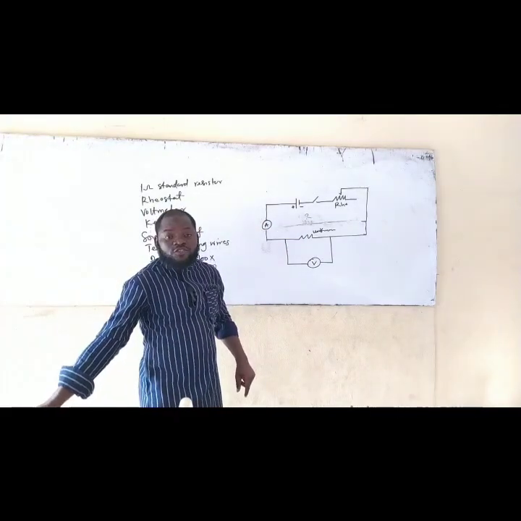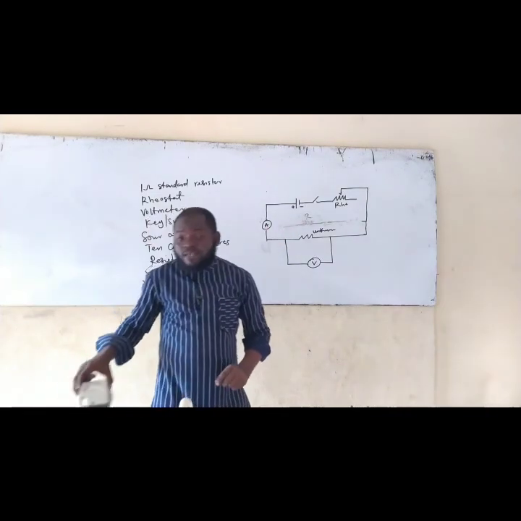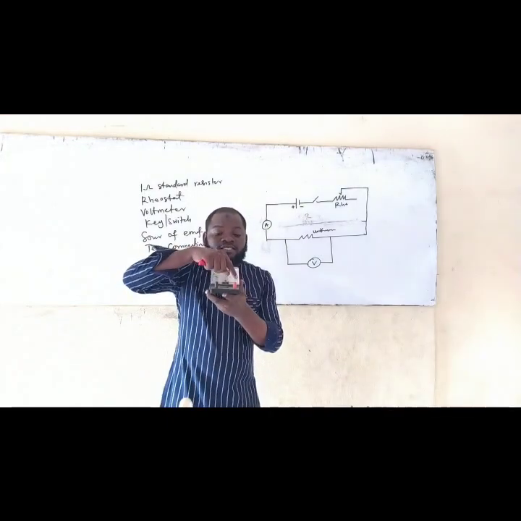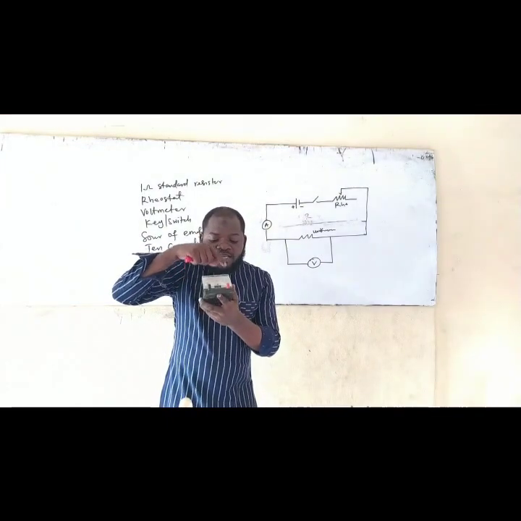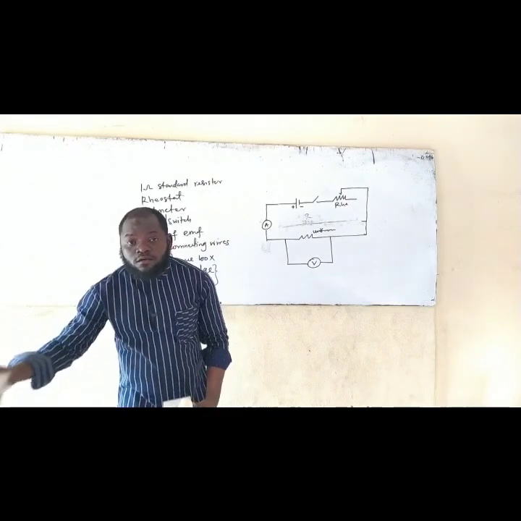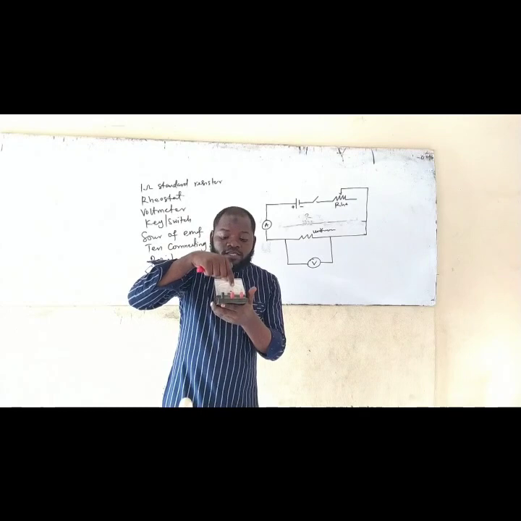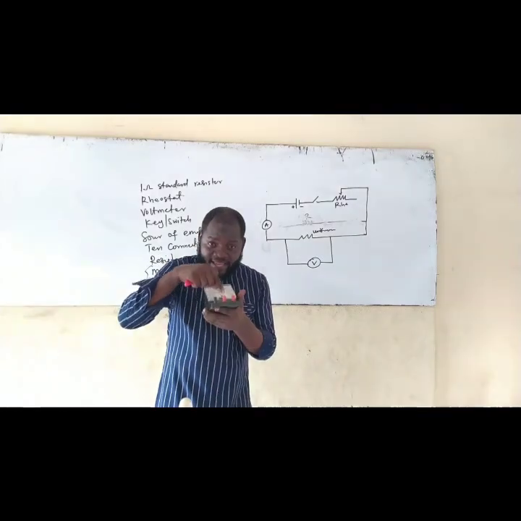So the positive pole of what? Of this Tiger battery is going to be connected to the positive pole of the ammeter. What is the positive pole of the ammeter? This is the positive. This red one is the positive pole of the ammeter. So, sorry, this voltmeter. Yeah. So I have my ammeter here. So the positive pole is this what? This red. Are you getting it now?